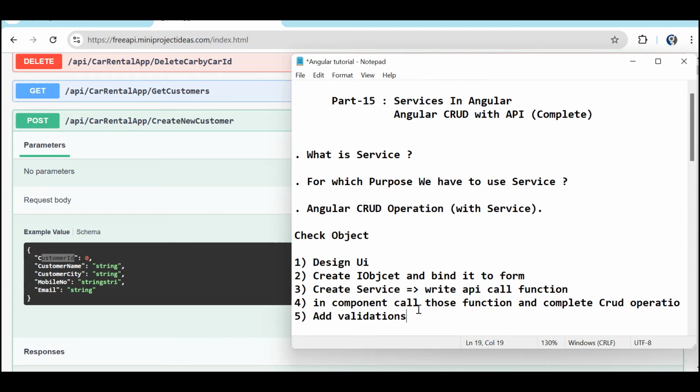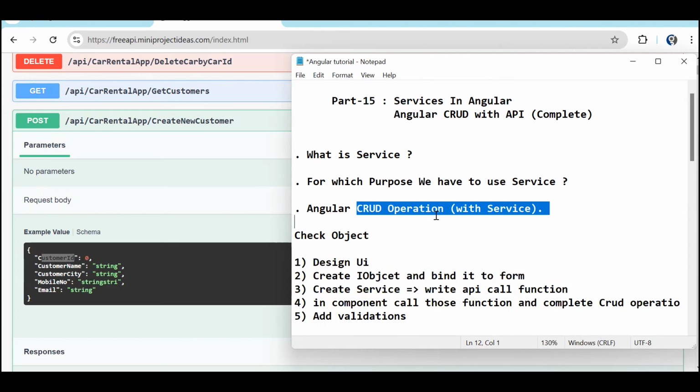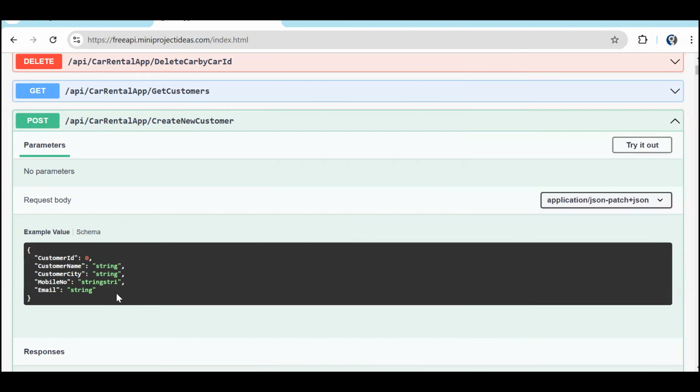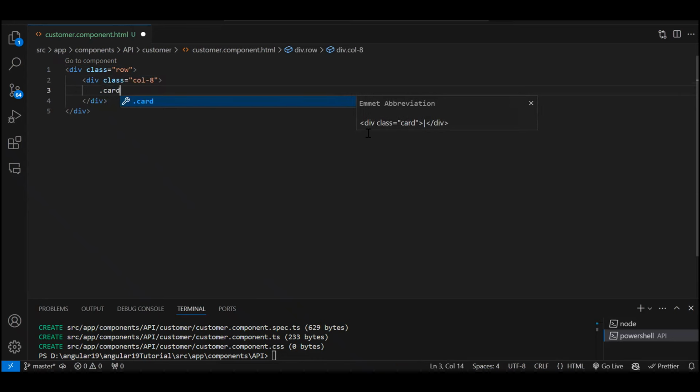So these are the steps you should follow whenever you are working on the CRUD operation. Fine. Now let's start. As I said, these are the things we are going to have in our form. So let's just create a basic UI structure. I'm going to use that card structure. So dot row dot col, let's say 8 for the table. After that, we will need card